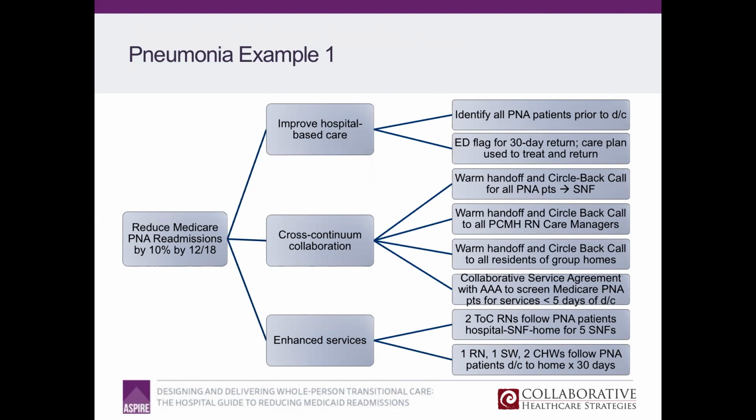So this is a smaller hospital, somewhere in North Carolina, and what we're saying is all pneumonia patients who are being discharged to home, really the main thing we do while they're here with us, besides great pneumonia care, is we make sure we link them to transitional care if they're going home. Simple, elegant. Number 2 is for any of the patients going from our hospital to skilled nursing facility, we do a warm handoff and a circle back phone call for all of our pneumonia patients being transitioned from our hospital to the SNF. And that's about 2 discharges a day as well.